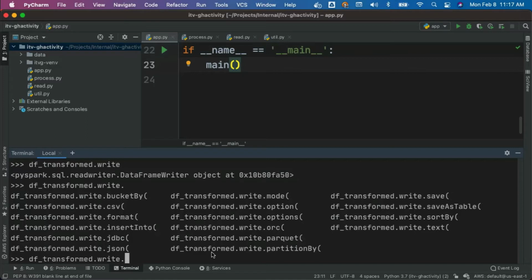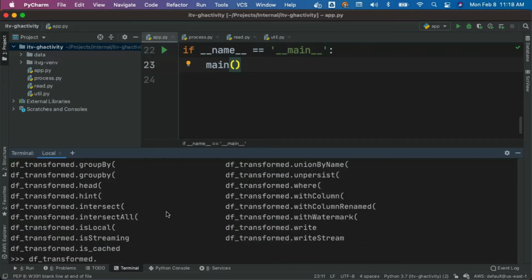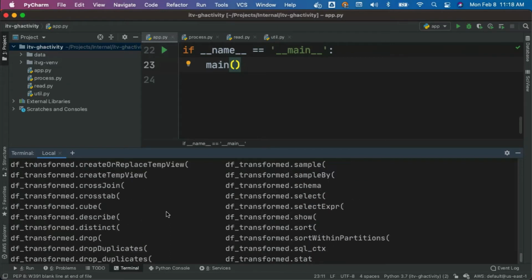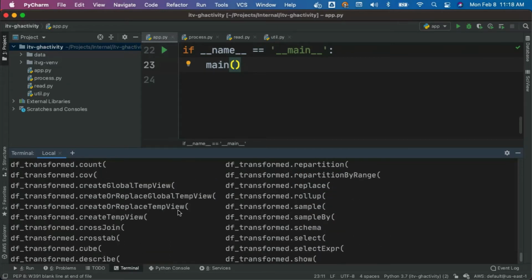In this case, we have to say df_transformed.write.partitionBy, and we have to pass year, month, and day to it. Then we should be able to invoke the appropriate API to write into the files. Also, when we try to write the data frame into the files, if we are processing too much data, it might end up creating too many small files. To mitigate that, on top of the data frame, there is also a function called coalesce. If I say df_transformed dot and hit tab, you can see that there is a function called coalesce. You should be able to leverage coalesce to reduce the number of files.